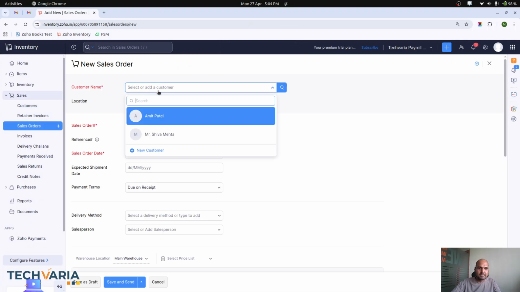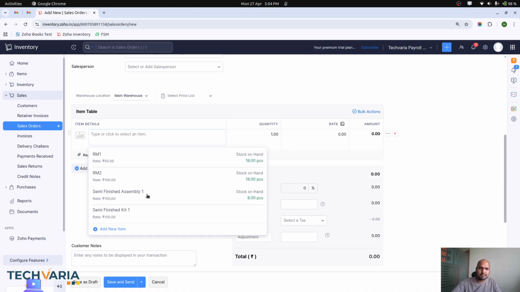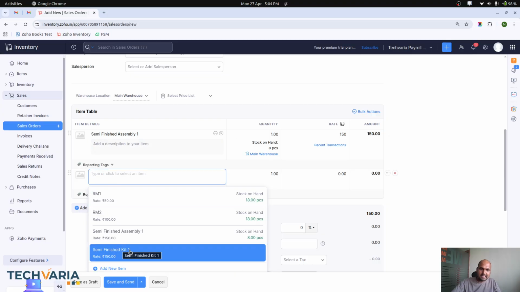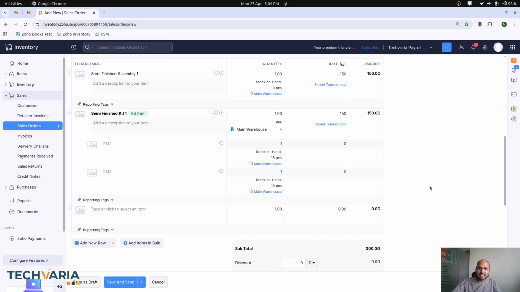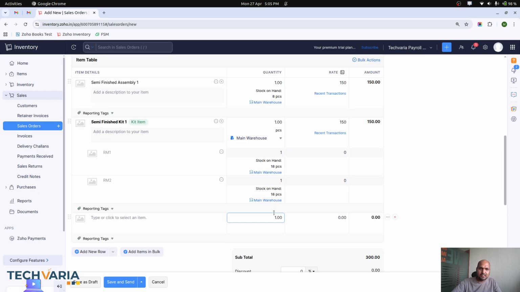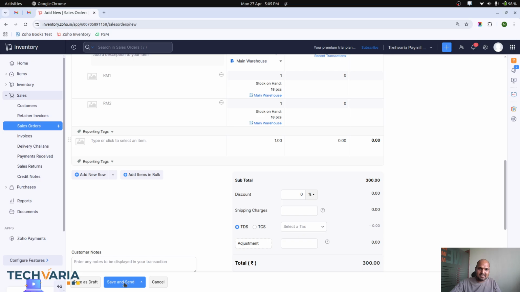So a new sales order to Mr. Amit Patel, and then I'm selling, let's say, semi-finished one, as well as semi-finished kit one. So two items I am selling right now, and I have 18 pieces on hand available and 8 pieces on hand available of this. You can see when I am selling semi-finished assembly, it's selling finished goods directly from my warehouse. And when I am selecting semi-finished kit one, a kit item will be delivered. So when I say save and send,